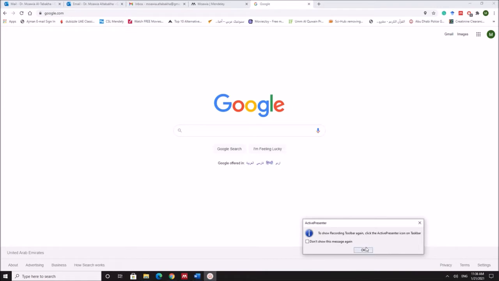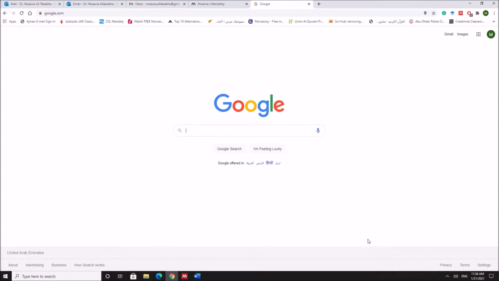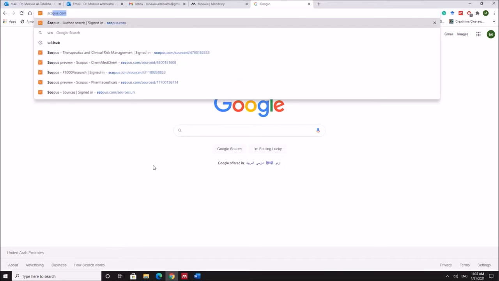But the question is how to find a journal. And in order to find a journal, it's better that you search for the journal through Scopus. Okay, because Scopus is a database of journals that are recognized as having certain standards and good journals. So go to Scopus,